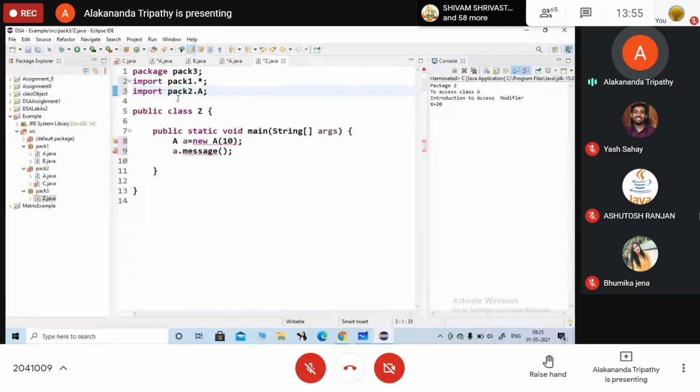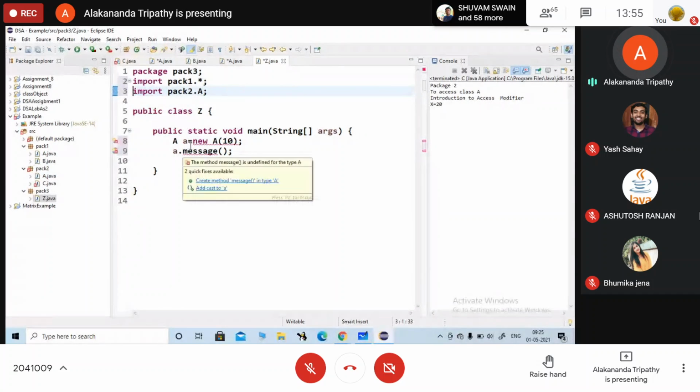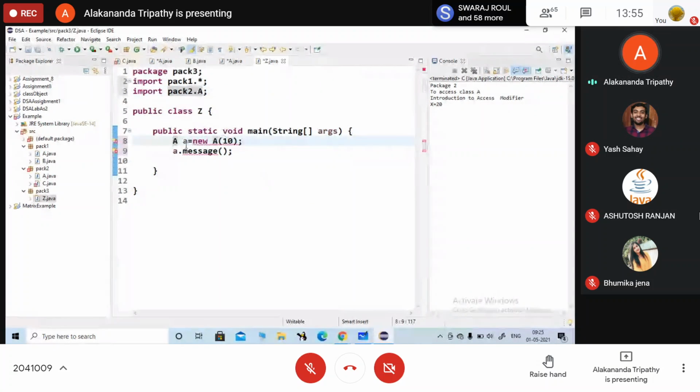तो यहाँ पर प्रॉब्लम क्या हो रहा था, दोनों क्लास में पैक 1 एंड पैक 2 में अगर सेम क्लासेस हैं, if we are having same class name we cannot define it. यहाँ पर क्या आ रहा है, compilation error. So because why it is showing the compilation error, the compiler is confused whether this A is a class of pack 1 or pack 2.